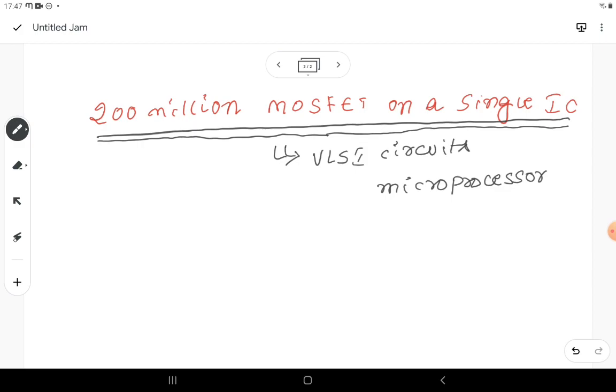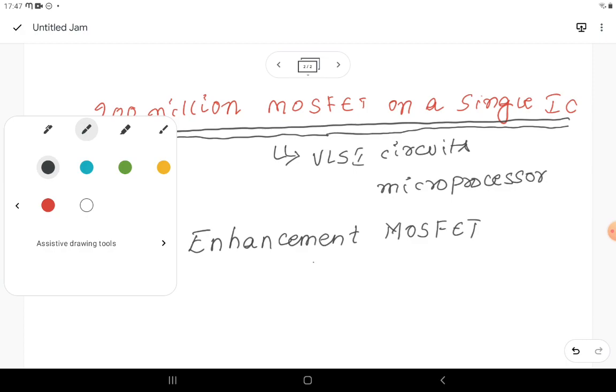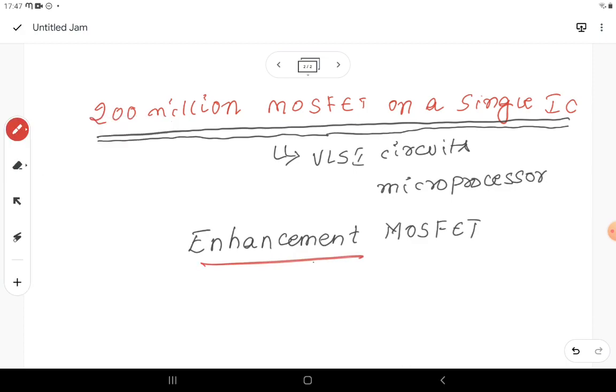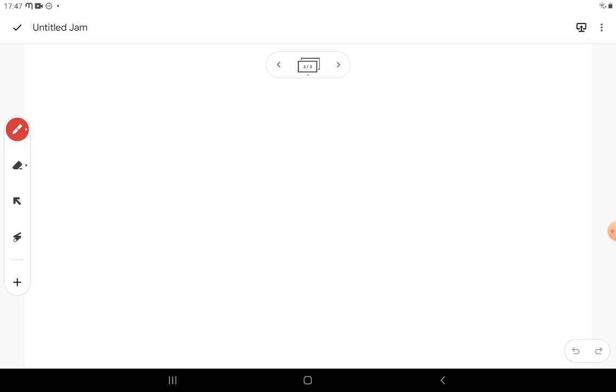Now let's see about the generalized MOSFETs. Which MOSFET is generally used? One is the enhancement MOSFET. This enhancement MOSFET is most popularly used, and we are going to see its operation. We are going to see its device structure first, then we will go for its operation. In today's class we are going to see this device structure